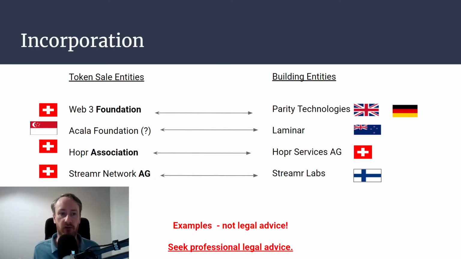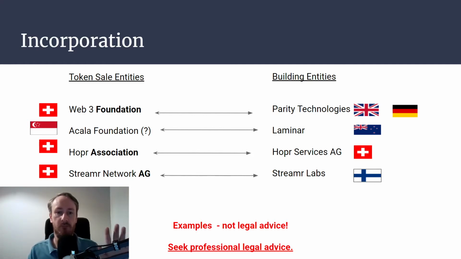When you're incorporating or establishing, setting up, whatever you want to call it, you're probably going to have entities in different jurisdictions. You probably have an entity with your builders, which might be in a cheap country for builders like Germany, or maybe it's in the UK or whatever. And then on the other side, you'll have another entity which is in a different jurisdiction, which maybe it's a low tax jurisdiction, and that would be good for, say, doing a token sale. You're probably going to need lawyers in both countries to help you set up these entities and to figure out what the legal relationships should be between each of these entities.